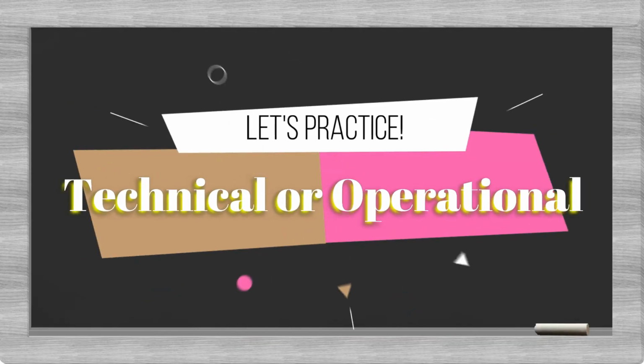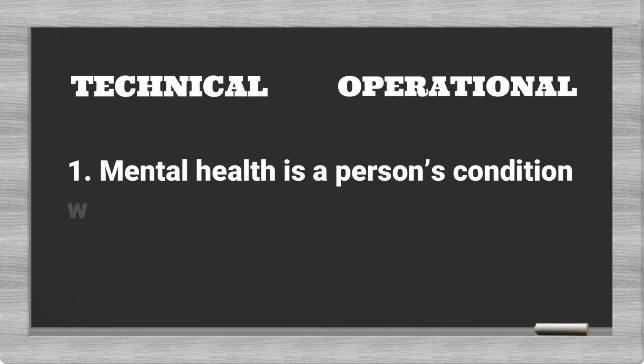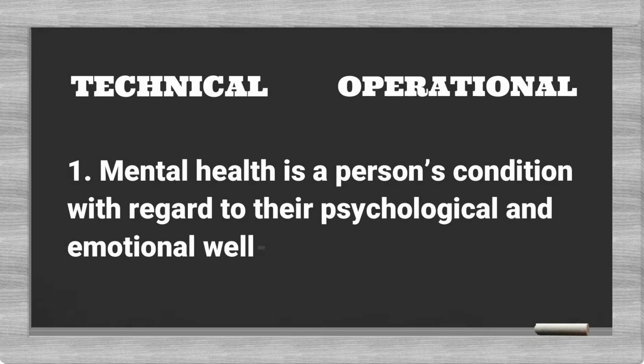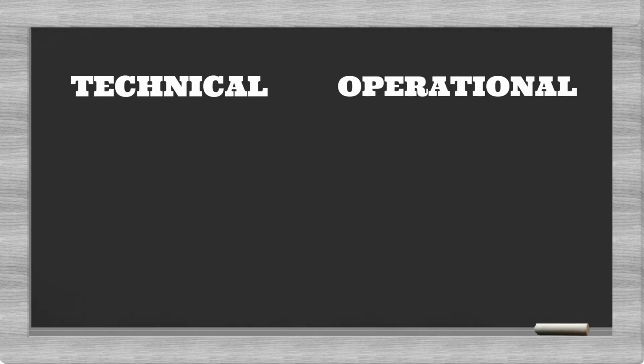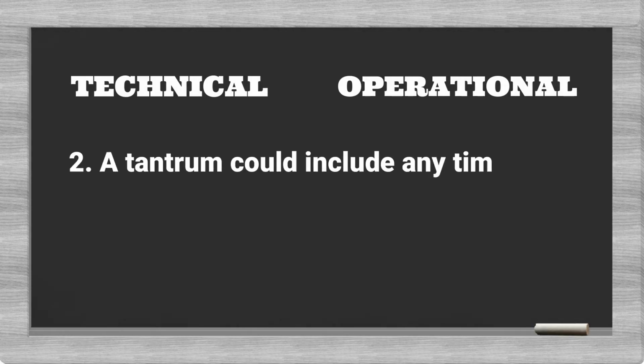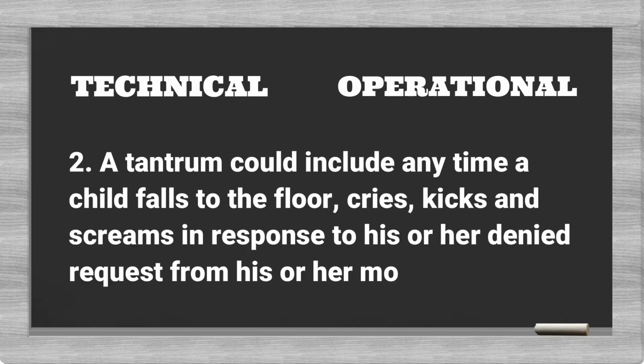See the difference between technical and operational definitions? Great! Now let's practice. Technical or operational? Number 1, mental health is a person's condition with regard to their psychological and emotional well-being. Technical. Number 2, tantrum could include any time a child falls to the floor, cries, kicks, and screams in response